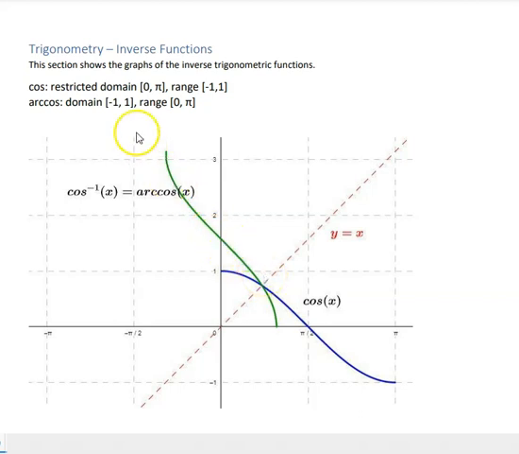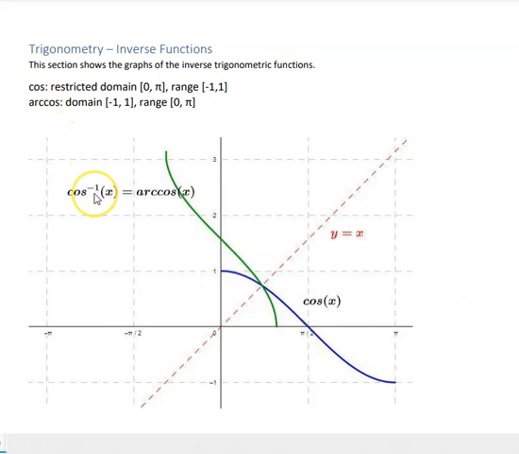And that's very key, because inverse functions undo each other. One maps one way and the other one maps back the other way. So the inverse of cosine, also represented by arc cosine,